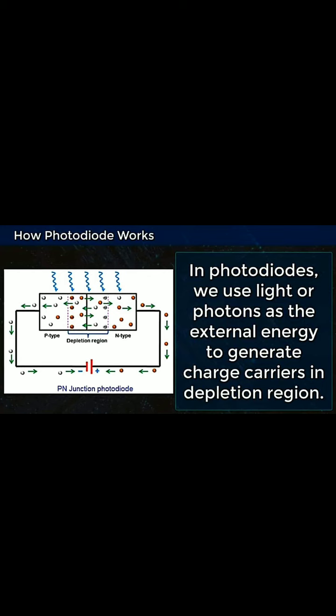Why do we operate the PN junction photodiode in reverse bias? If it were not in the reverse bias direction, then how would these free electrons and free holes move through this path? They would repel each other. If it were in the forward bias direction, then no current is generated over there.